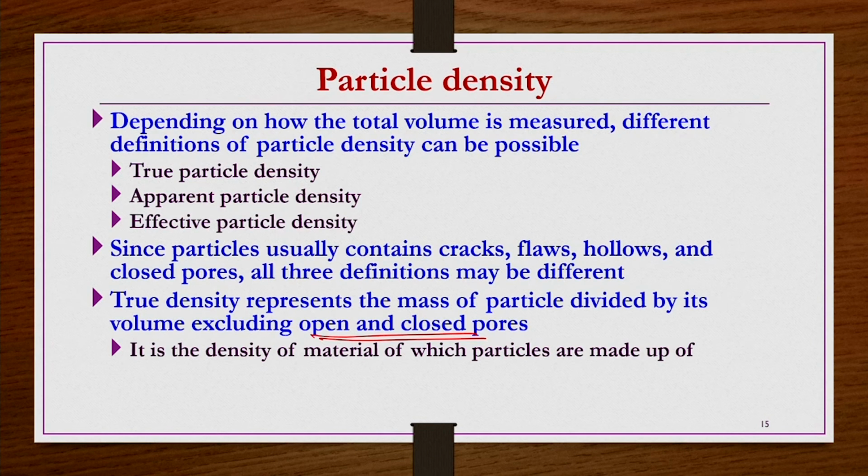After crushing, you have irregular shape particles. So, the measurement of the size of the particle we have already seen, and how to represent the shape of the particle we have seen. So, how do we get the true density of those particles? It is not necessary that it is going to be the same as the bulk density, or the density of the bulk material from which we got the particulate, crushed material, right.